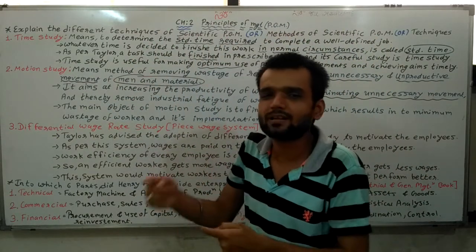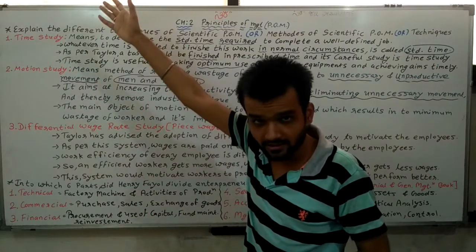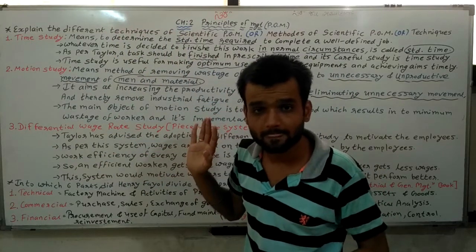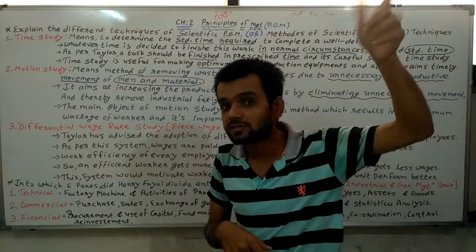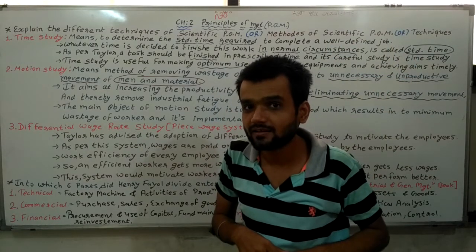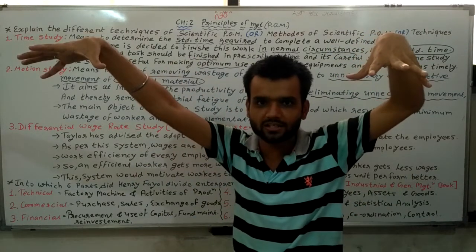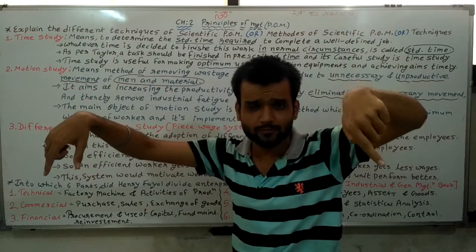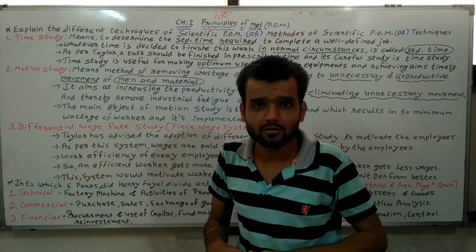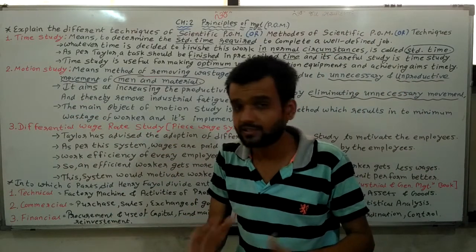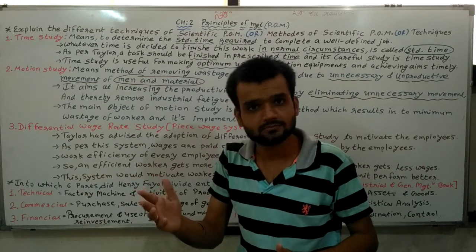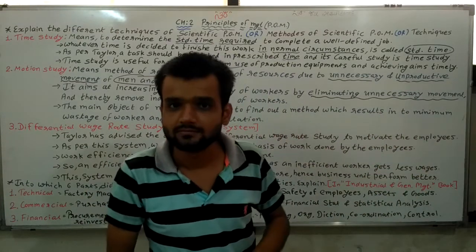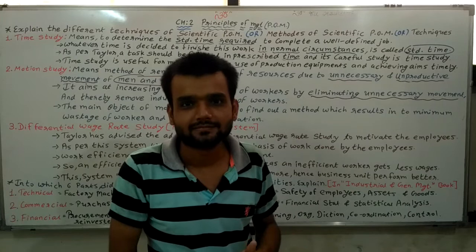Now, which is the next topic? Classical theory. In classical theory, Frederick Taylor has given these suggestions. Henry Fayol also gives suggestions in classical theory. Because there are classical, neoclassical, and modern theories. In classical theory, Frederick Taylor, Henry Fayol, and third, Max Weber, that we are discussing in detail. Then after that neoclassical, Elton Mayo, that is also discussed, and modern theory, that we will discuss.